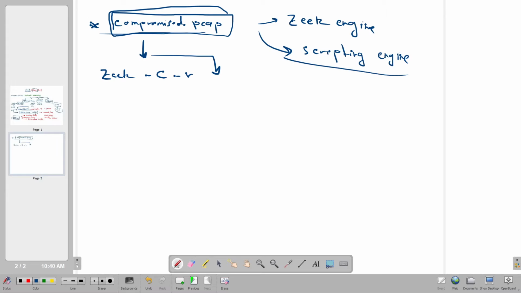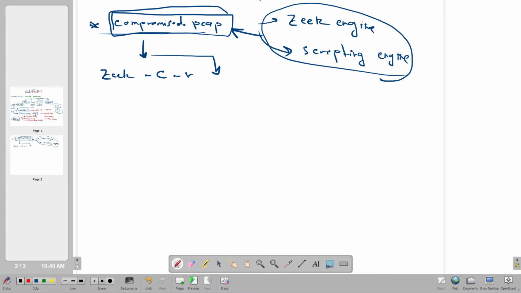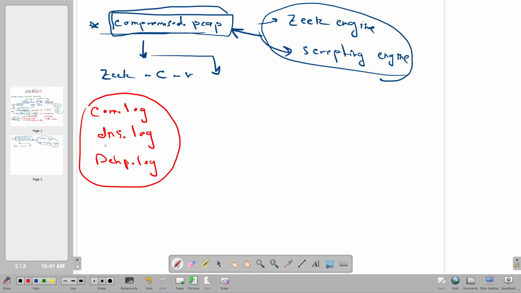So these two engines will be used by Zeek to recognize traffic patterns. Based on the analysis Zeek performed, you will have 50-plus types of logs. But these logs will be different depending on the pcap or the traffic you are analyzing. For example, Zeek may generate, let's say, a connection log, a DNS log,